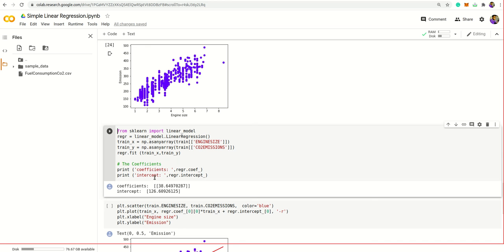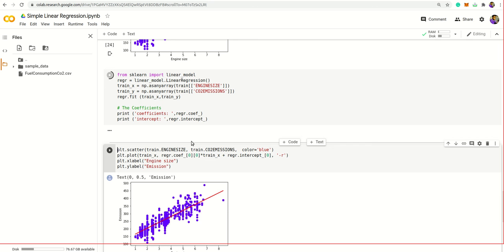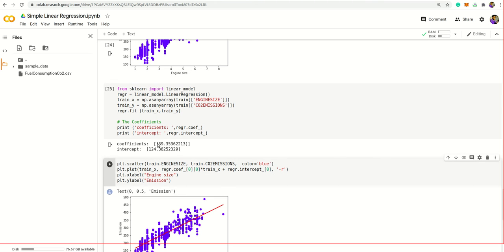And coefficient and intercept, because the linear regression equation is y equals mx plus c, so y and x, then m is the coefficient and intercept is c, so we get the linear equation. Then we run it, we find the coefficient and intercept.